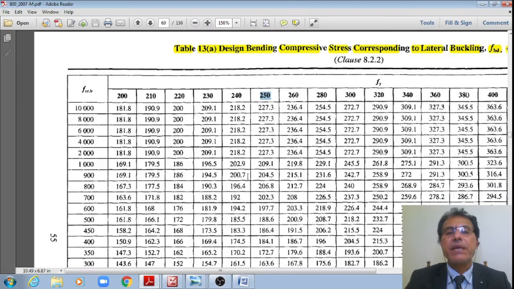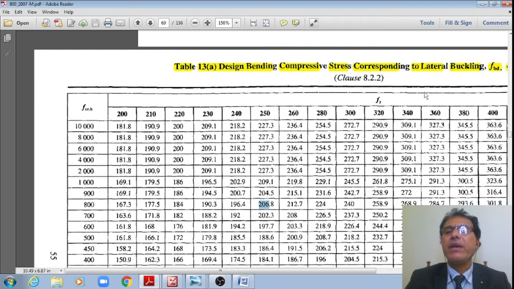Let us say that FCRB for slenderness 250 is 800. Therefore, for this 800 and this 250, I can say that this can resist a design bending compressive stress of FBD equal to 206.8. That is how I can calculate, or even I can interpolate